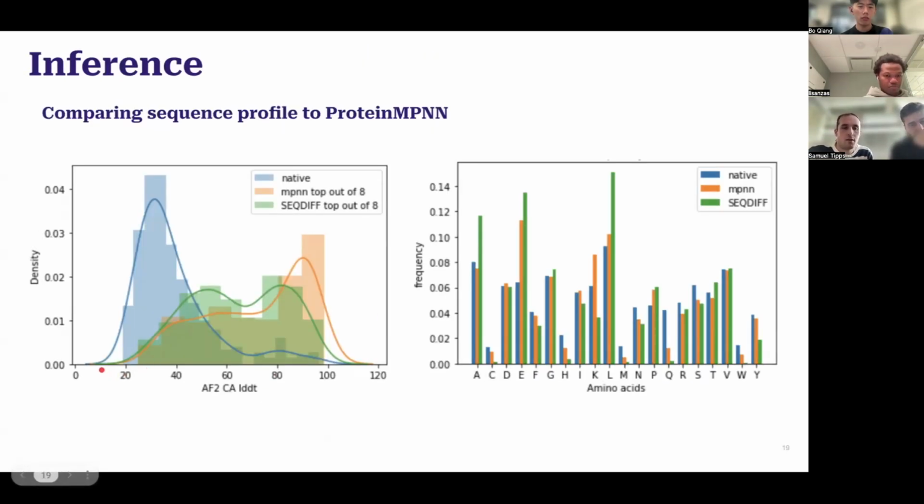And then here, what we're showing is you fold these sequences with AlphaFold. And what we can see is that the structural quality after generating the sequence from these models, whether MPNN or our protein generator model, are able to find better sequences that fold up into this structure than